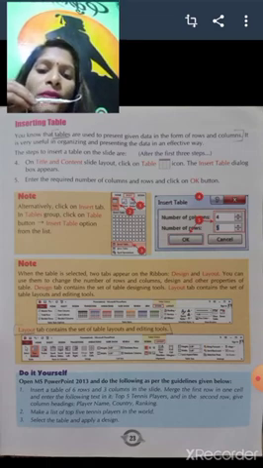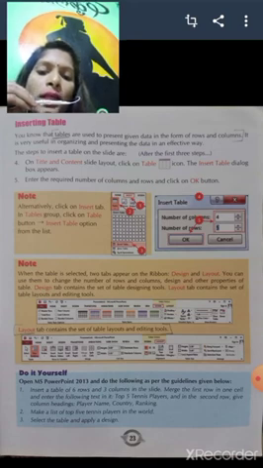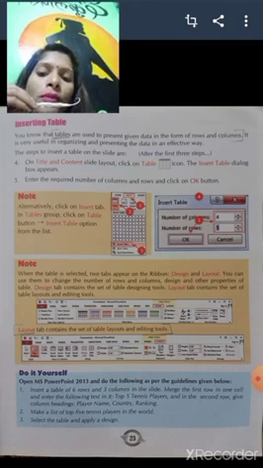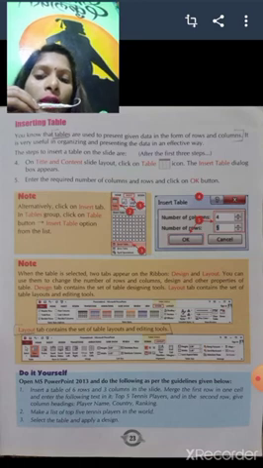Insert a table of 6 rows and 3 columns in the slide. Merge the first row in one cell and enter the following text in it: Top 5 tennis players. In the second row, give column headings: player name, country, and ranking. Make a list of the top 5 tennis players in the world, then select the table and apply a design.